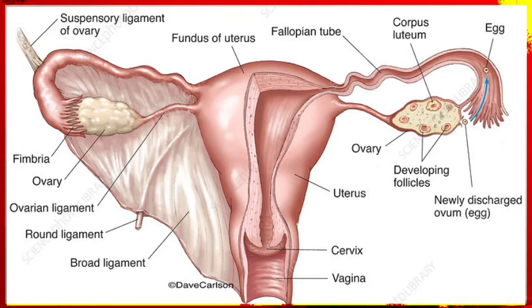The free end of the oviduct is like a funnel, and an opening is present at the center of it. The oocyte enters the oviduct through that opening, and cilia, hair-like projections, are present on the inner surface of the oviduct. These cilia push the oocyte toward the uterus, in the oviduct where the sperm cell reaches to fertilize the egg cell. That's why, from the ovary towards the uterus, in the oviduct, the egg cell is pushed with the help of cilia.